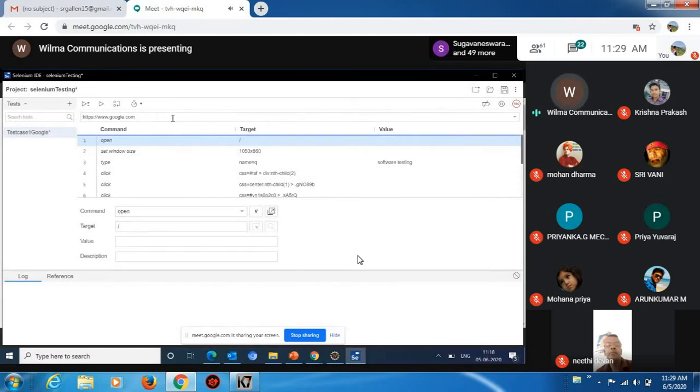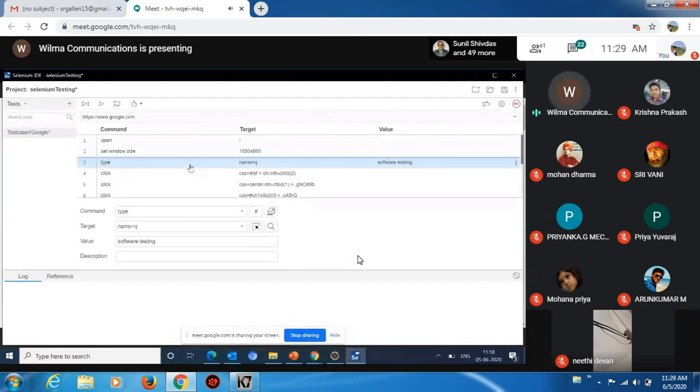I'm going to open this page, so the value is blank. But when it comes to line number 3, I'm going to use the command called type. I'm going to write something where this is the targeted area. I will tell you later what exactly this is. What is the value I'm going to pass? I'm going to pass the value as software testing.